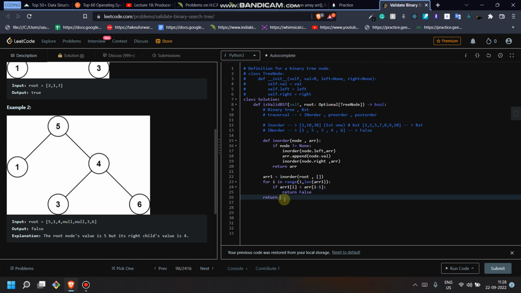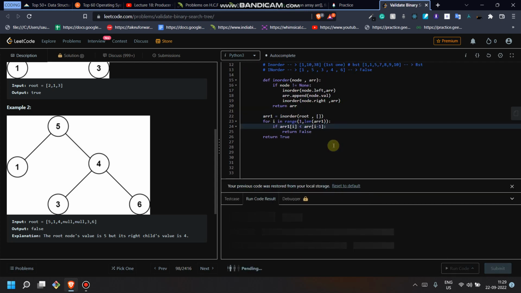Otherwise return true. If it is less than, okay, then return false. But it could be equal. No, it could be equal, but if it is less,